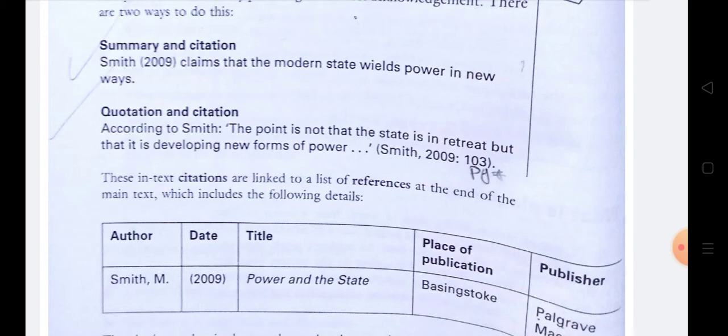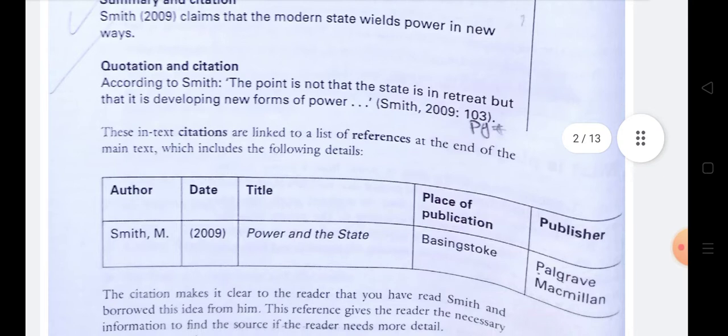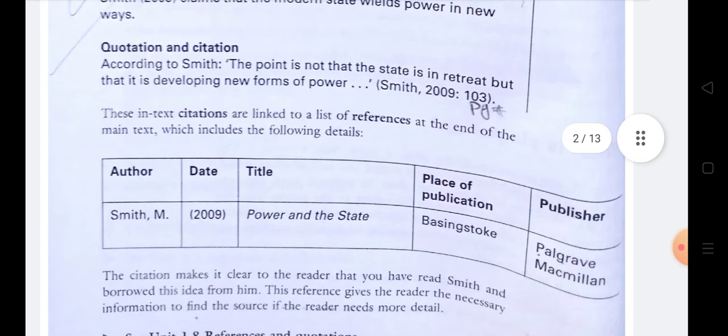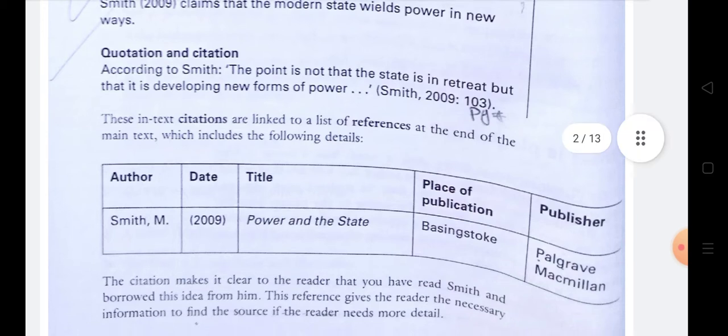In summary and citation, you summarize his ideas such as Smith 2009 claimed that the modern state wields power in new ways, and in quotation and citation you give a quotation from the original work such as according to Smith, his exact wording, the point is not that the state is inverted but that it is developing new forms of power. And then citation Smith 2009 page 103.